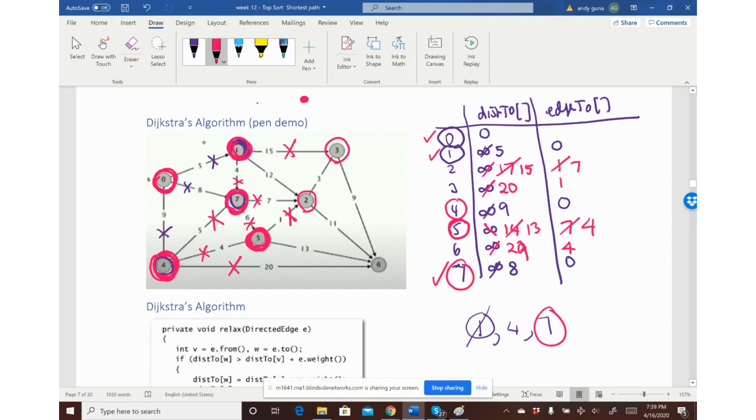So now this becomes 14, and oops, not this one. This becomes 5. All right, and so that's good. What else can I update? Can I update 6? You look at all the edges from 5. Okay, now the distance to 5 is 13, and from 13, if I use this edge from 5 to node 6,